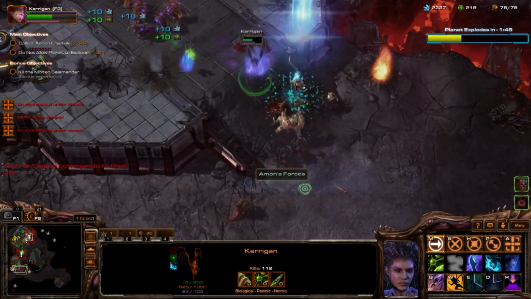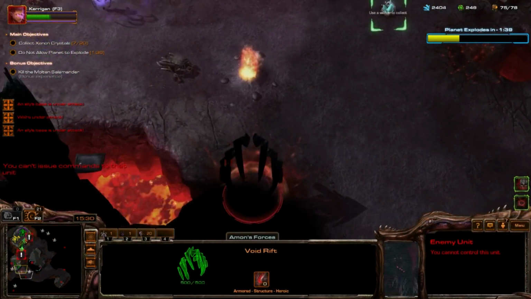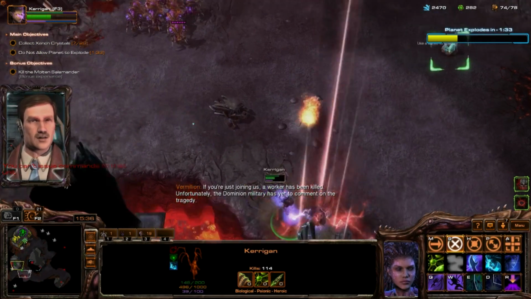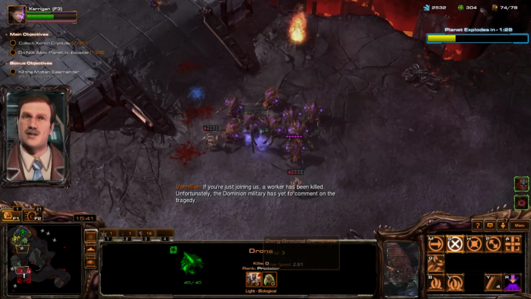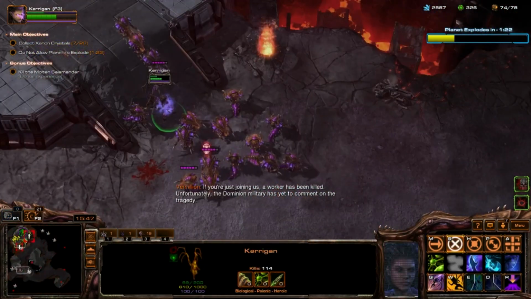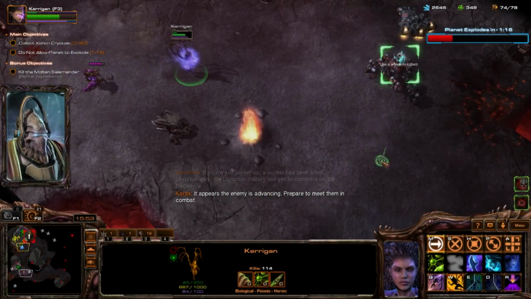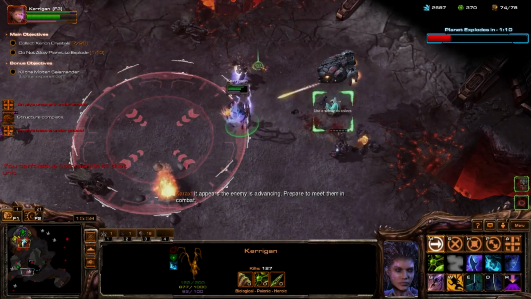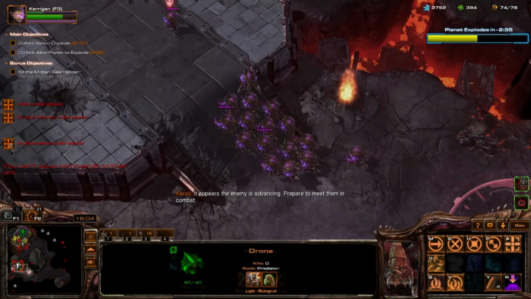Our allies' base is threatened. Ah, fuck. If you're just joining us, a worker has been killed. Really? Unfortunately, the Dominion military has yet to comment on the tragedy. I don't have to collect the crystals, I just have to move them to high ground so that they do not get lost when the lava rises. Prepare to meet them in combat. Our forces are under attack. Hey, worker, what the...